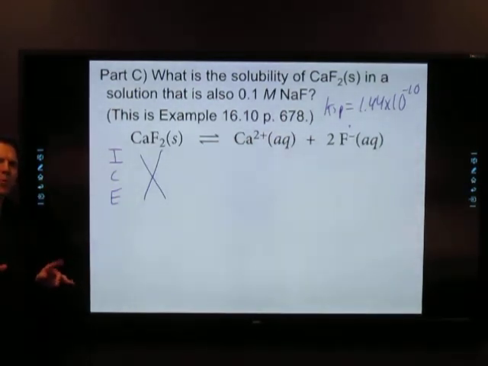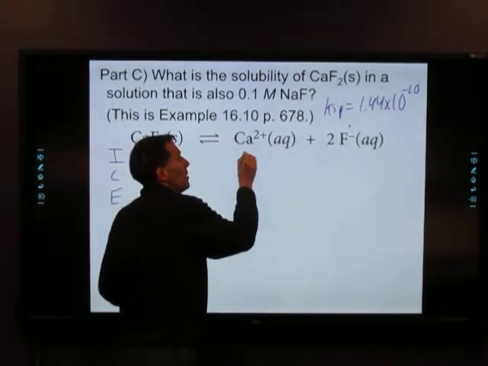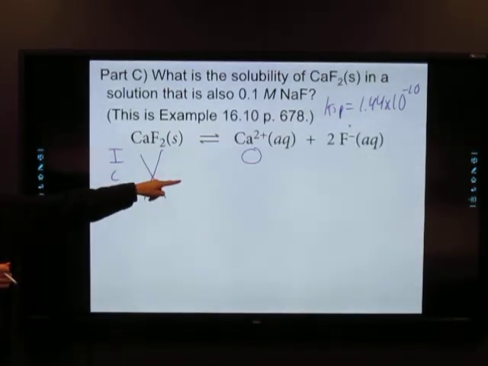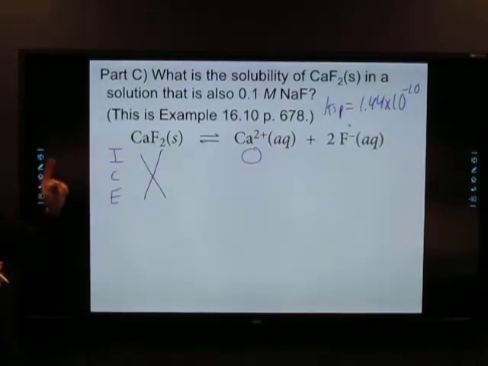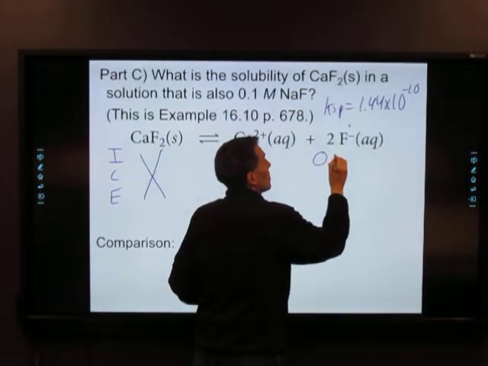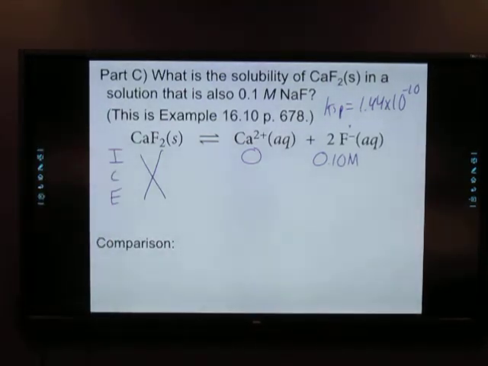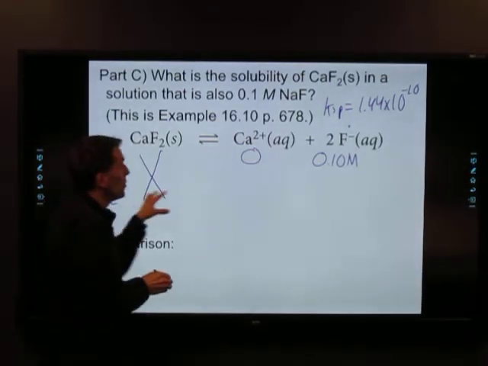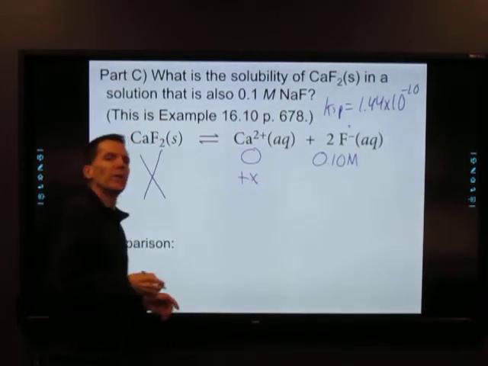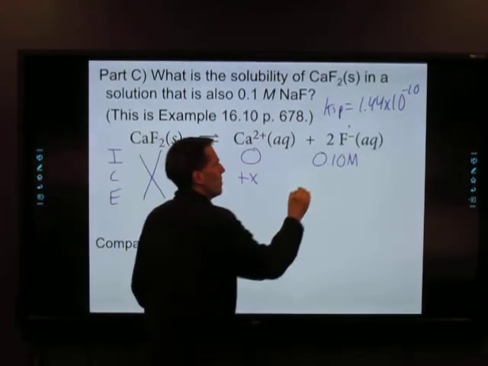It's going to be an ICE chart problem. But when you do the first row, the initial line, the calcium will be 0. How about the spot where there's an F there? This time it's not 0, it's 0.1. And so that would drastically change our math. Change, we do the usual. This is plus x. The only way this reaction can go is to the right because there's a 0 on that side. Fluoride plus